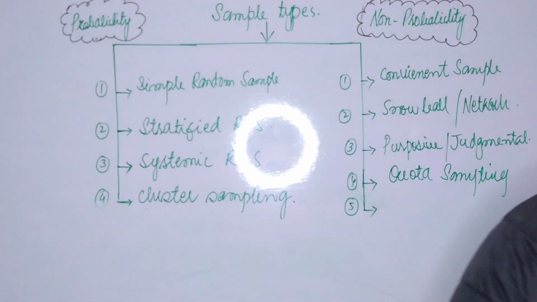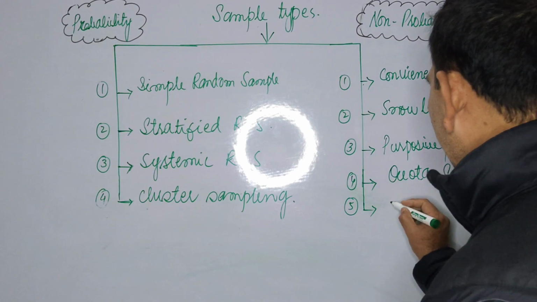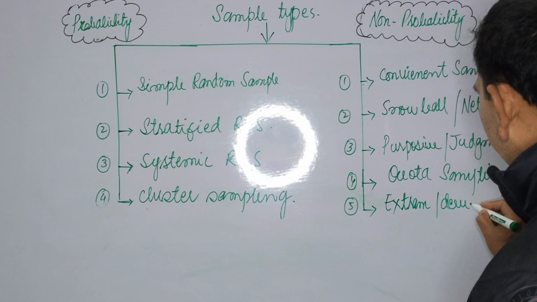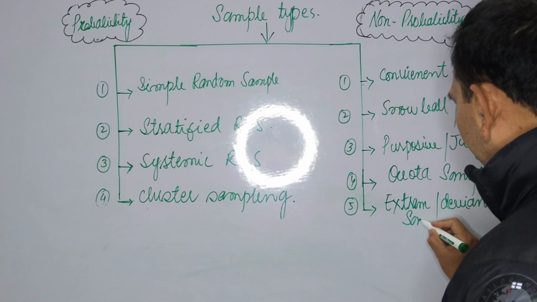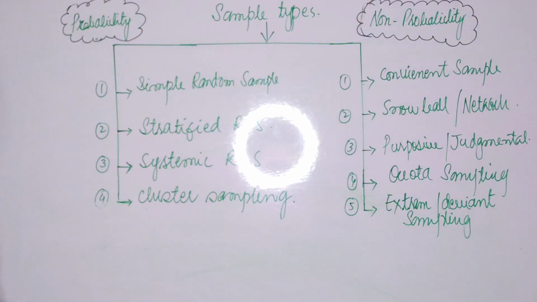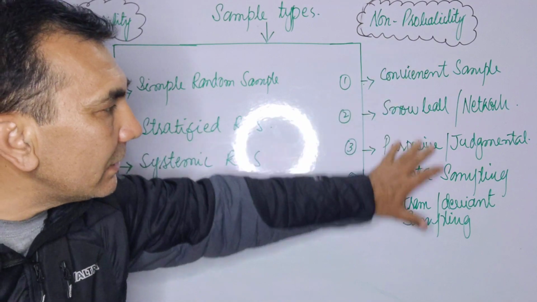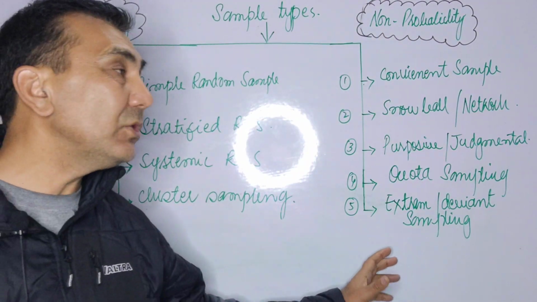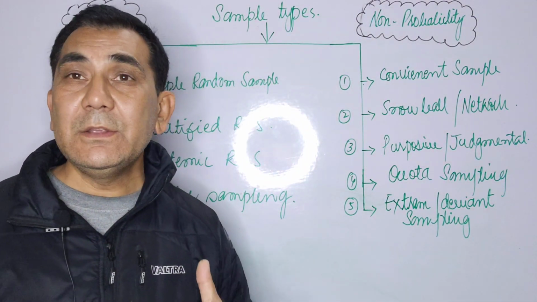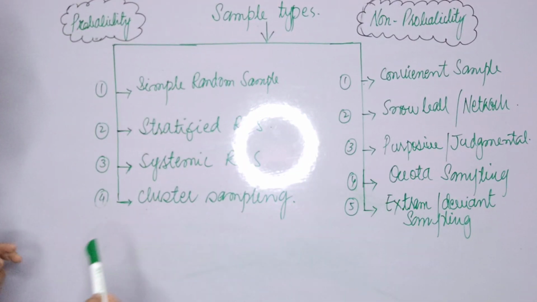Now another sampling type in non-probability sampling is called extreme deviant or deviant sampling. In extreme deviant sampling, as I told you earlier, all these non-probability sampling techniques are mostly used in qualitative studies. If any researcher wants to conduct a study on the extreme deviant